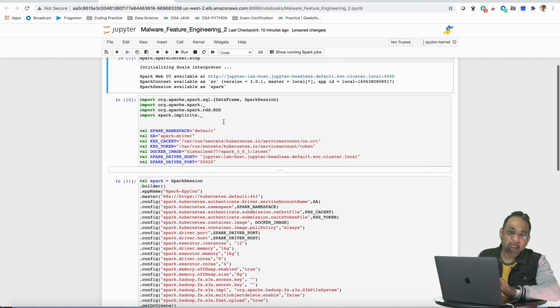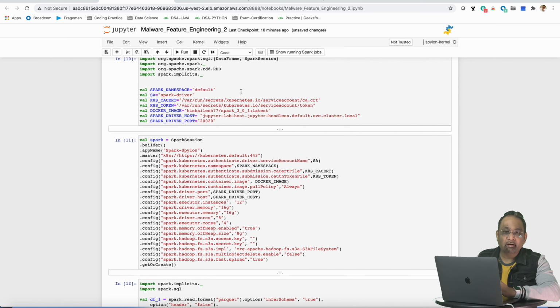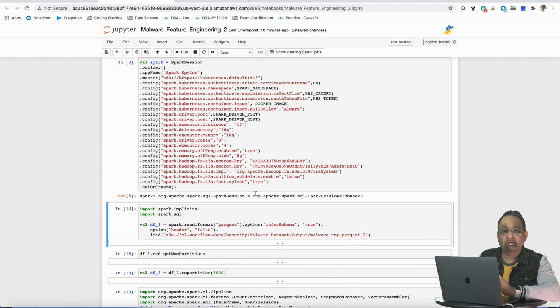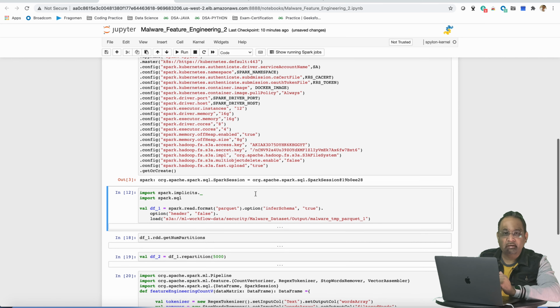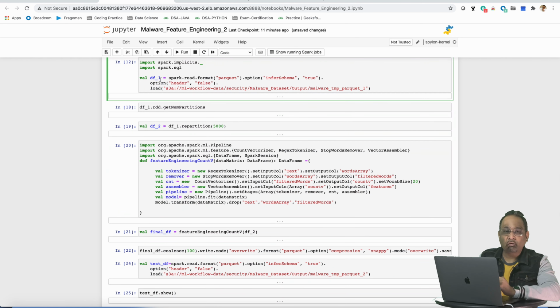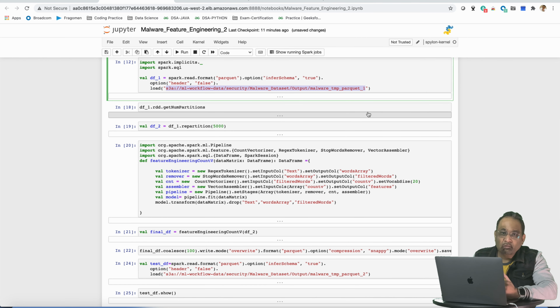The next important cell is the fourth one, where we are reading the compressed Parquet data saved in the last step. Once the data is imported, I am repartitioning it to a very high number, the reason being that a few feature engineering operations are quite memory intensive, and we need to make sure that we do not run into out of memory issues, hence increasing the number of partitions to have a smaller size for each partition. So let's execute the next cell and try to understand each operation and the sequence of operations